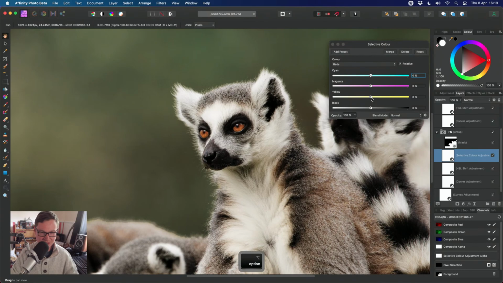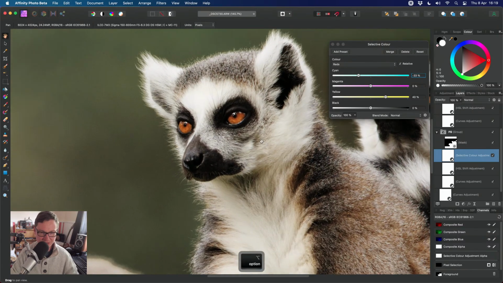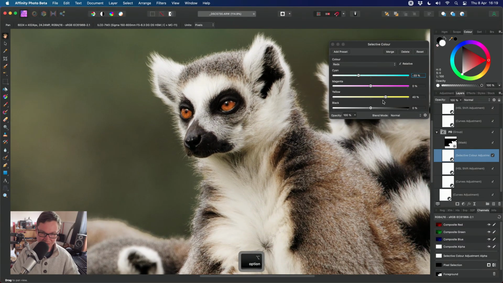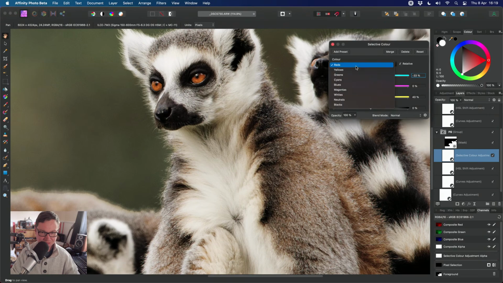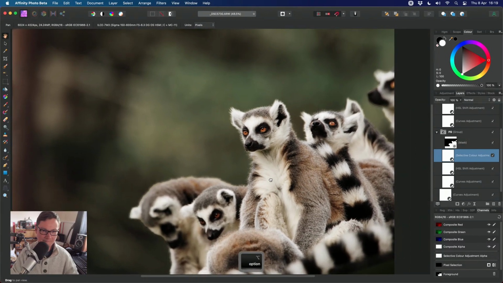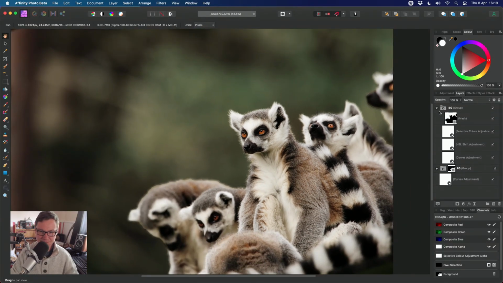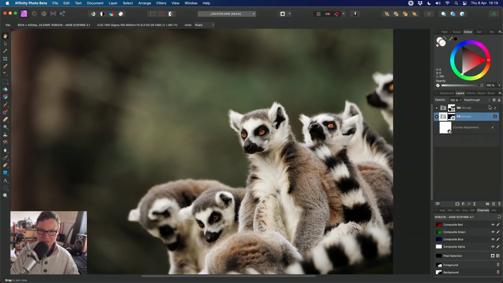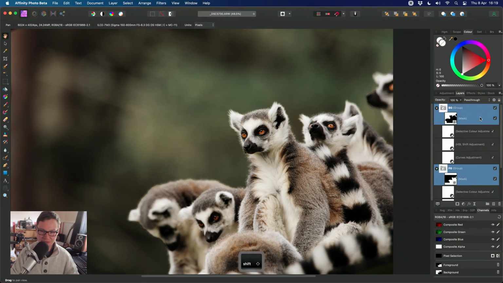And let's see. Bring the yellows down slightly, cyan down. There we go. We're getting that nice red, orangey red in the eyes there and on the fur. And across on yellows, I might just leave them as they are, actually. Yeah. Okay. So sometimes, it's a good idea just to take stock of what you've done so far,